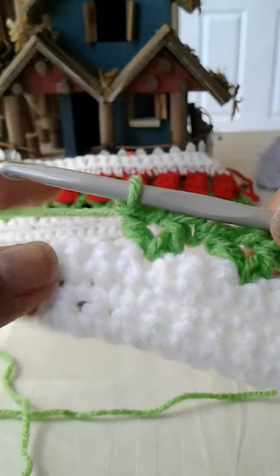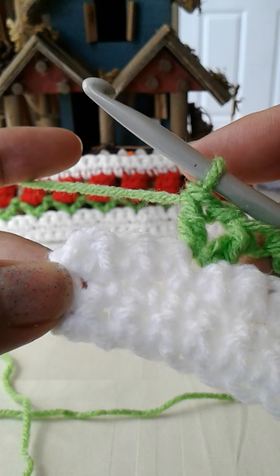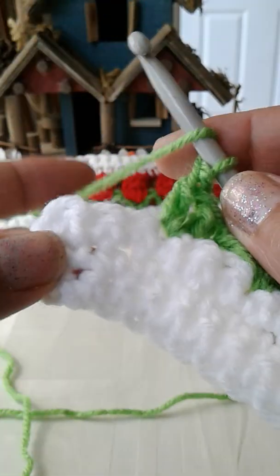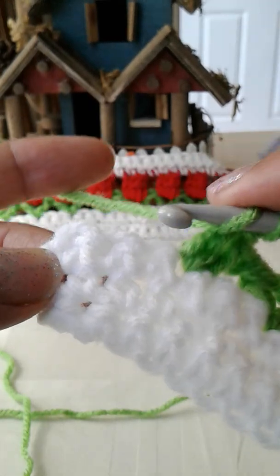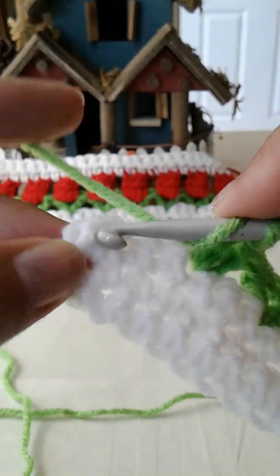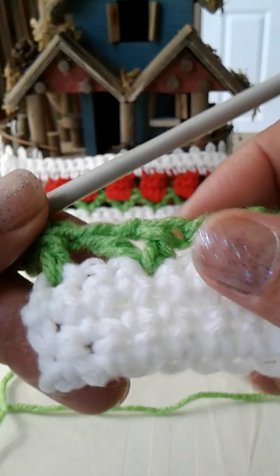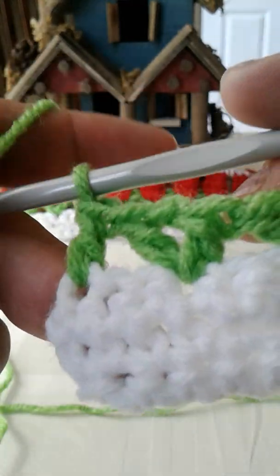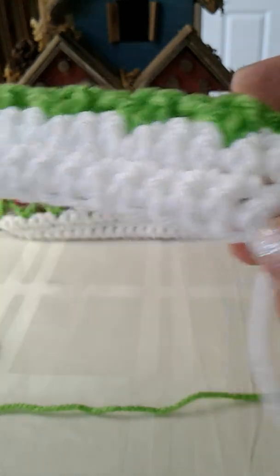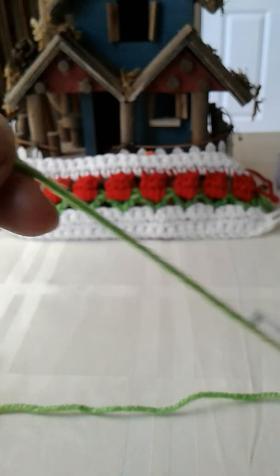Okay, so now I'm at the end, and I only have 3 stitches left. So we're going to put a double crochet into that last stitch. So we're still going to skip 2, 1, 2, and 1 double crochet into that very last stitch, and that will give us a straight edge. No V. That's the end of our round. Then we snip our yarn